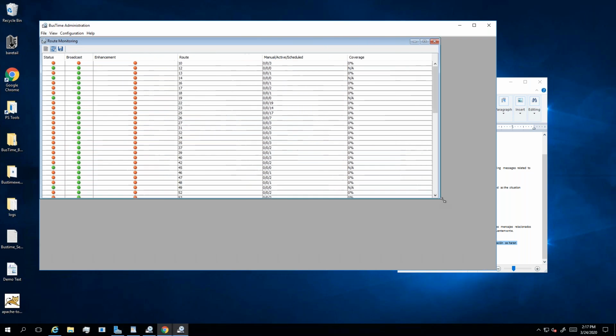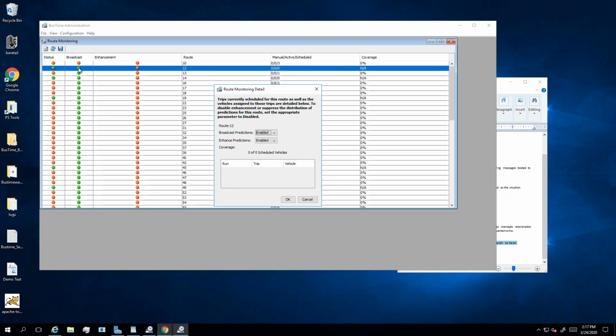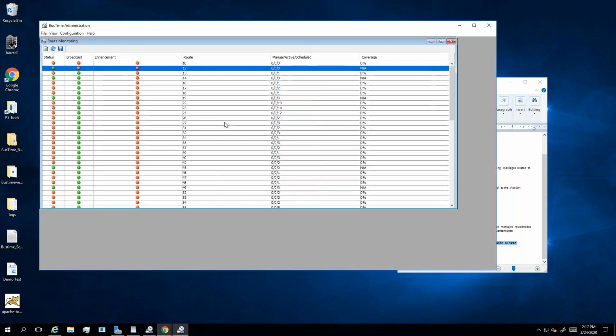You can see the whole list of routes here, and the broadcast column shows whether or not the predictions are being distributed. Clicking into that gives you the option to toggle the predictions to be enabled or disabled. Specifying disabled would not keep predictions from being generated, but it would keep them from being distributed to all the places that the public would see those predictions.